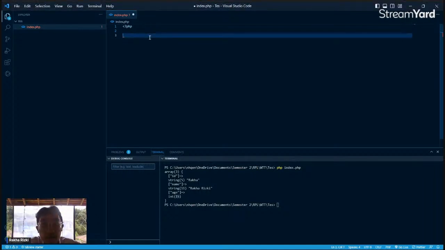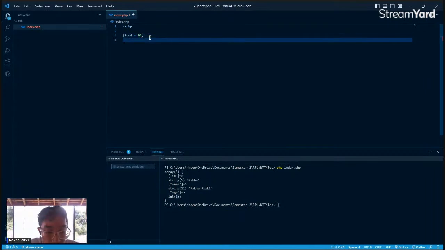If we want to buy a food, we have a food priced at $10, and we have money, $5.